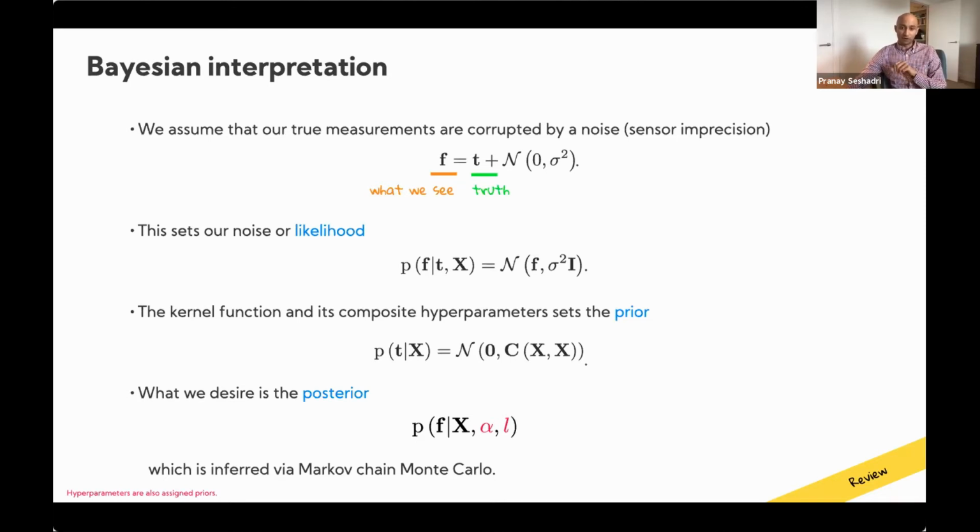Then we have our model, which is driven by this covariance function as defined before. And the covariance function is underpinned by certain hyperparameters that it alluded to. So in this case, we have an alpha and an L. And typically these are inferred via Markov chain Monte Carlo. So this is kind of an overall relatively rushed overview of Bayesian inference in the context of Gaussian process regression